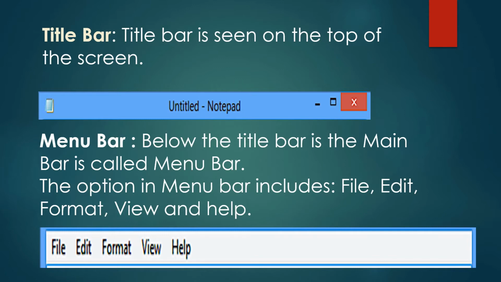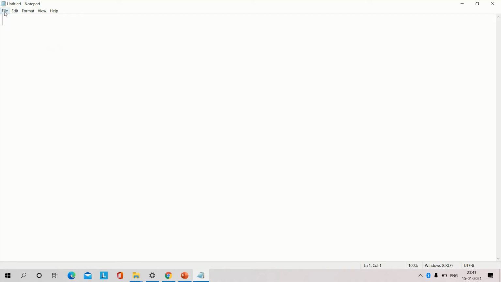Second one, menu bar. Where is the menu bar located? Menu bar is located below the title bar. The options in the menu bar include file, edit, format, view and help. Now we have seen how to open Notepad.